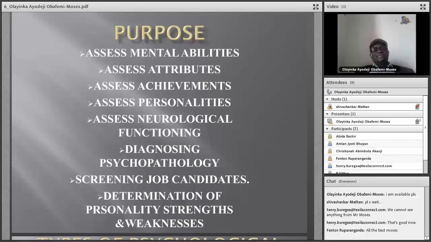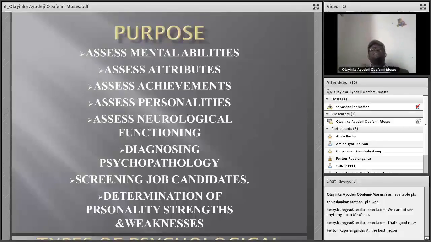In psychological tests and assessments, what are the purposes? Why do we carry out these tests? Why do we carry out psychological evaluations? Why do we carry out psychological appraisals? To assess mental abilities, to assess attributes. What are the hidden things, latent things in the life of the patient sitting in front of you that you can harness, that you can bring out and make him or her to come back to reality that is accepted by the society? Purpose of psychological assessment: to assess achievements that have been made by clients and people,